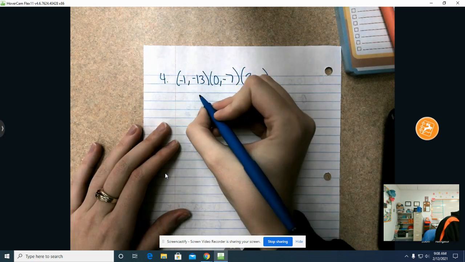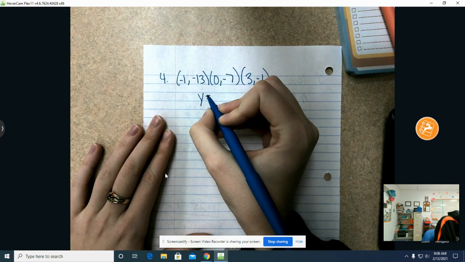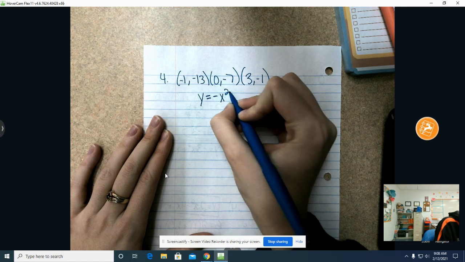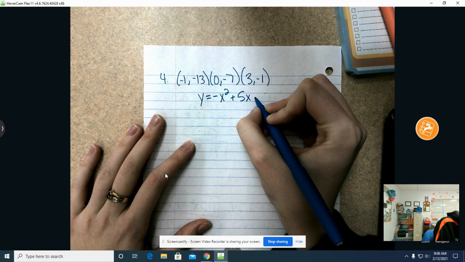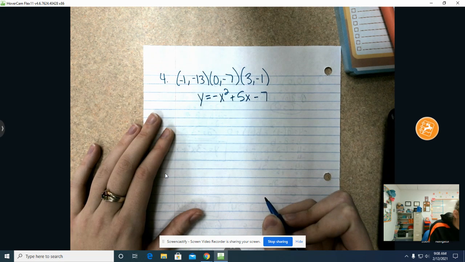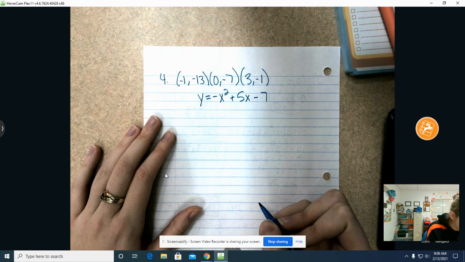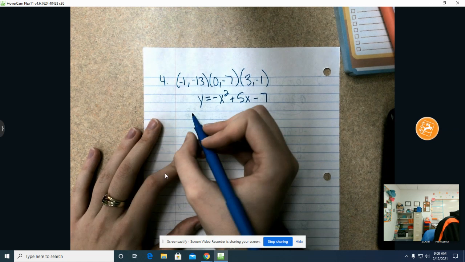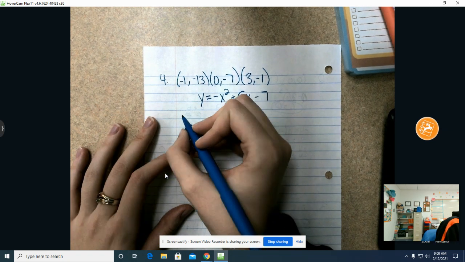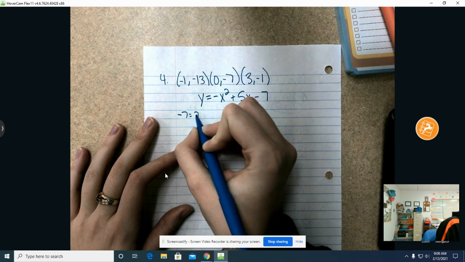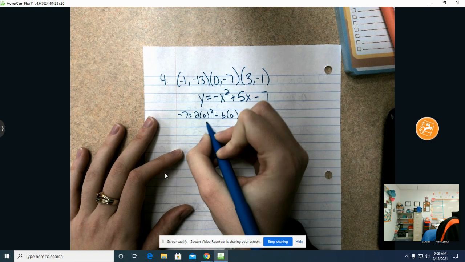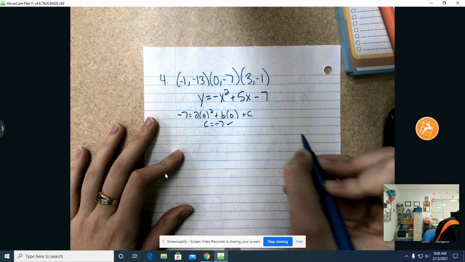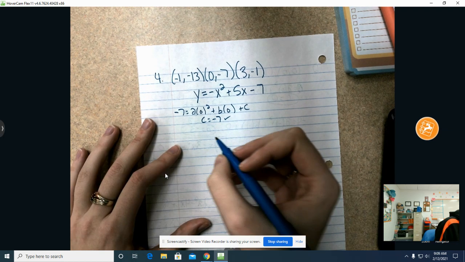Okay, for this one in my notes, I should have, you got y equals, that probably wasn't enough time, so if you want to pause this, you can. Negative x squared plus 5x minus 7. So hopefully, let Miss Morgan just do this really, really quickly. We're going to have, yep, that's good. And then we're going to have,